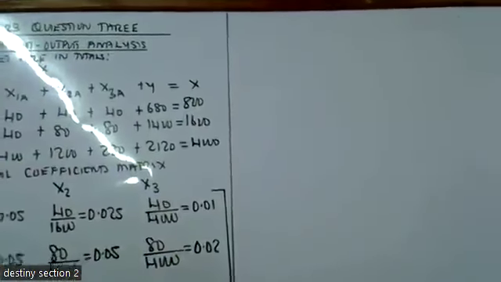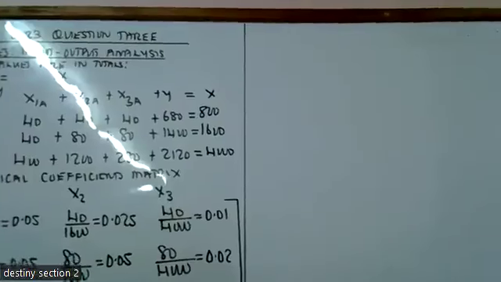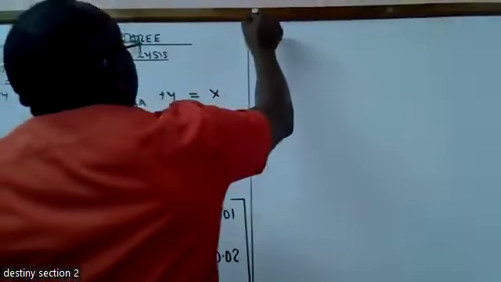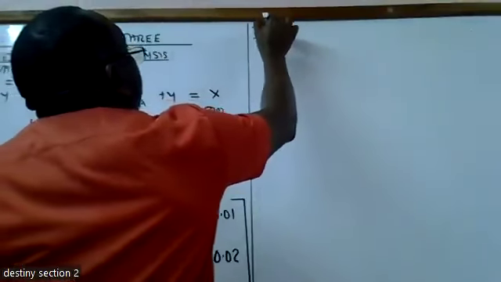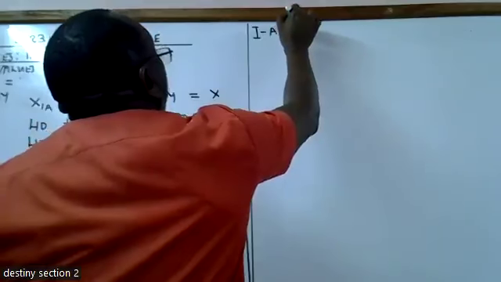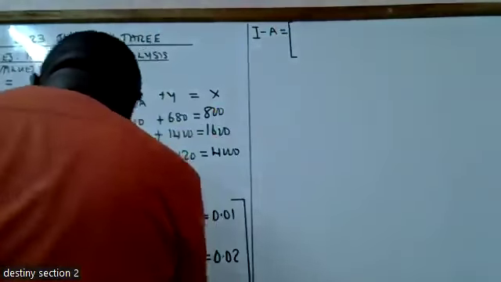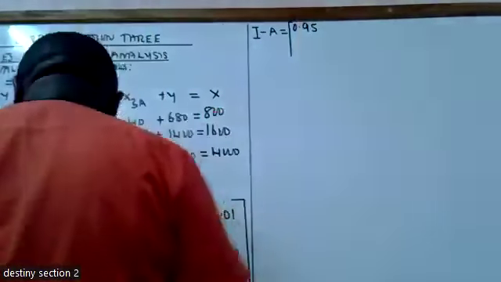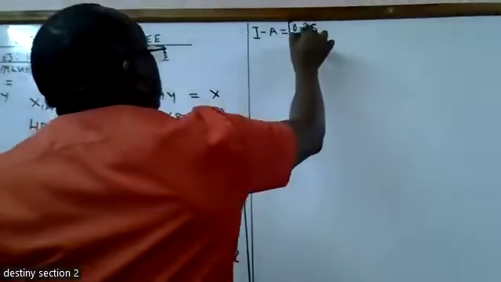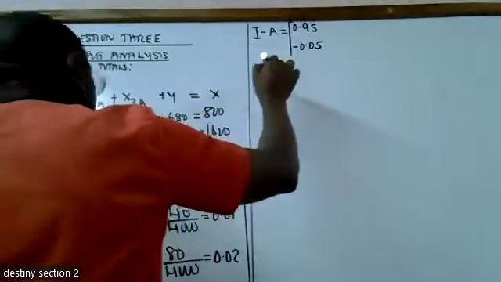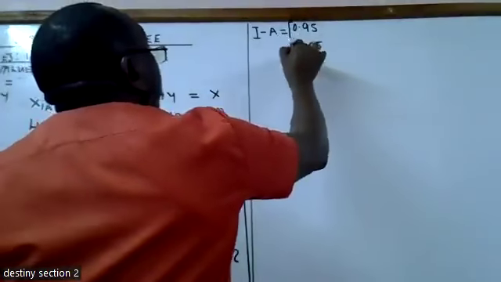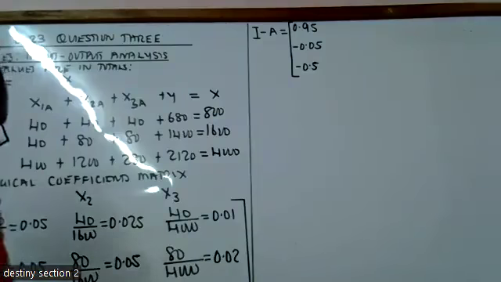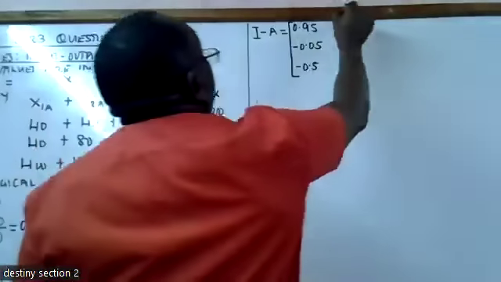So let's record the answer. The answer of I minus A will be this one is 0.95. Huyu mwingine ni negative 0.05 and negative 0.5. That way. Hii ingine itakuwa negative 0.025,